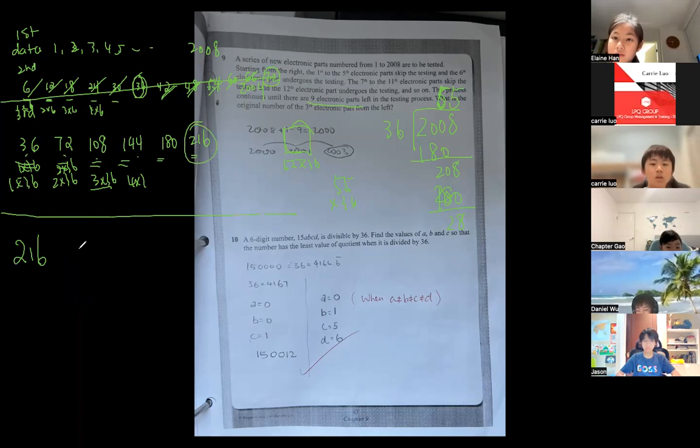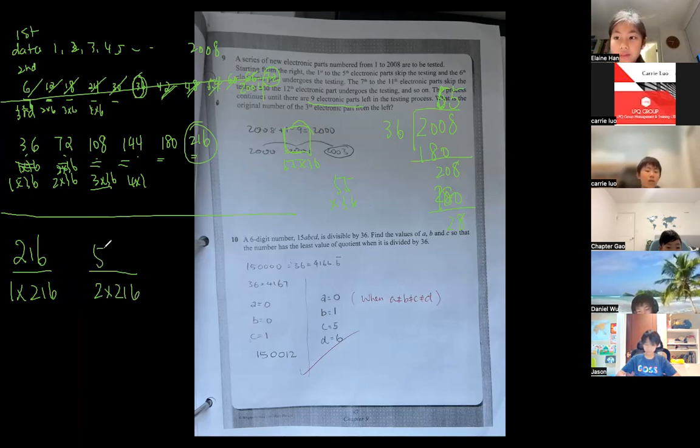I don't want you to do any more guessing. I want you to directly tell me, this is 1 times 216. What is the next one? Two times 216. Very good. And this one will be 3 times 216. Correct, everybody? Okay, so I want you to find out if 9 times 216 already hits the minimum of